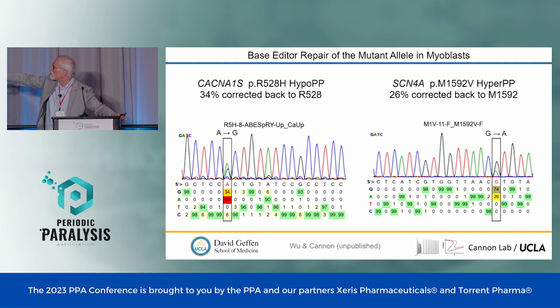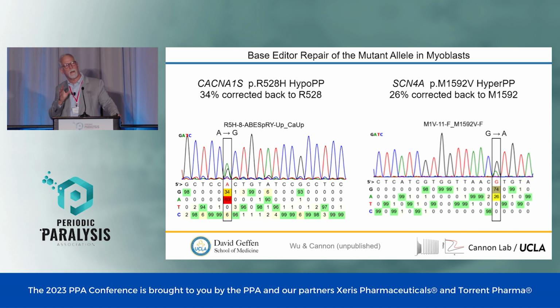So we start there with the R528H mouse on the left. And as you go along where you see that A to G, there's an A there, which should be a G. And when we did gene editing, the efficiency is not quite where we want it to be there. But you can see, it's hard for me to look from this direction, we modified about 34% of the bad copies were turned into normal copies, which is really terrific, because we know that we're not going to need to